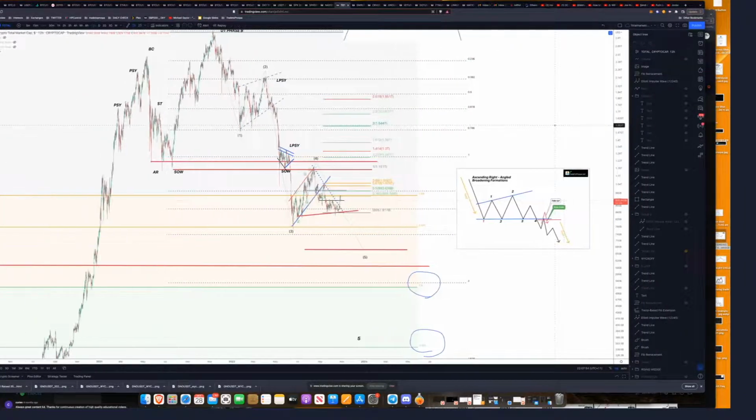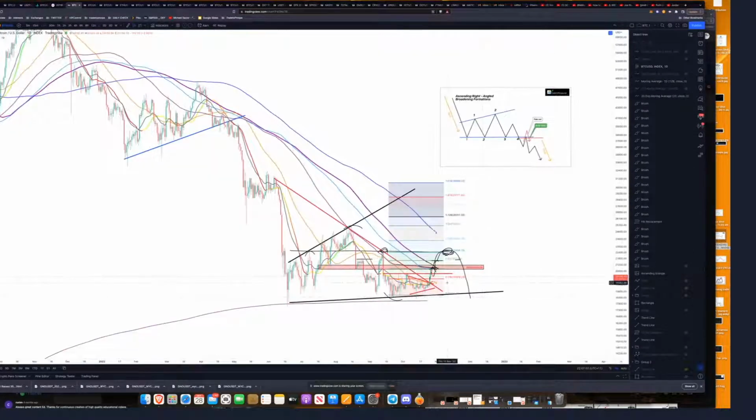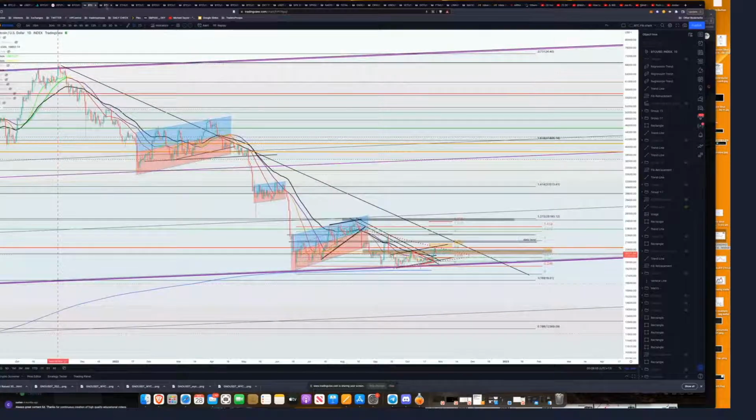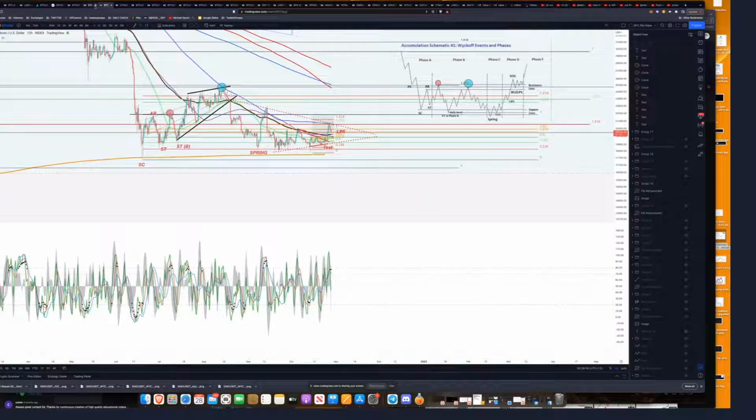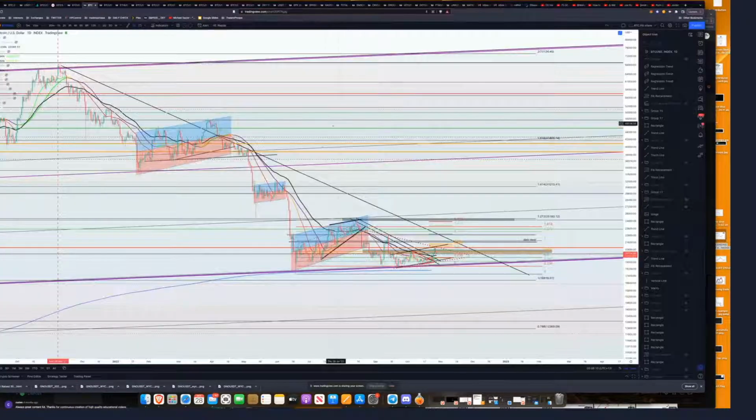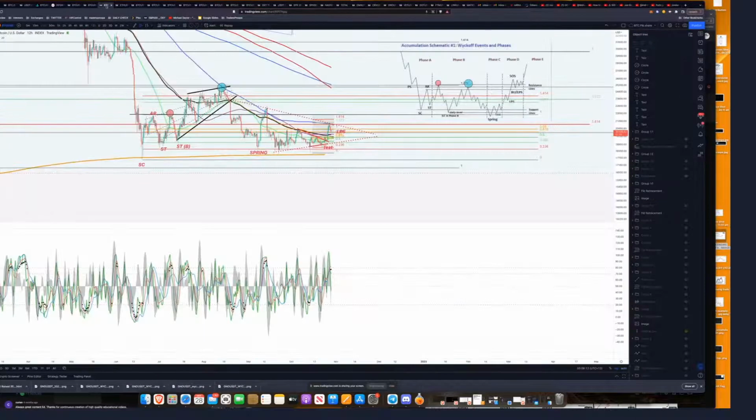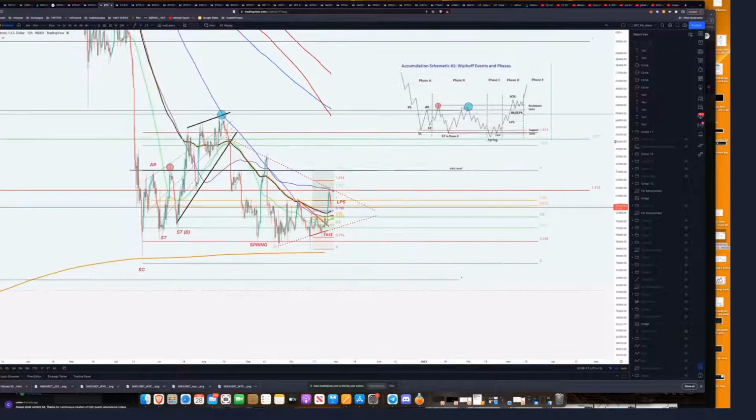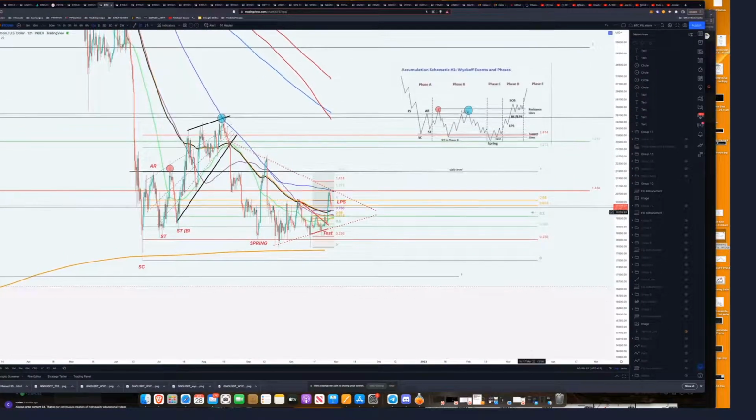Now let's look at the bullish perspective. Let me see what I have. Actually, no, I don't want to do that. And I was doing it here. So looking at Bitcoin,